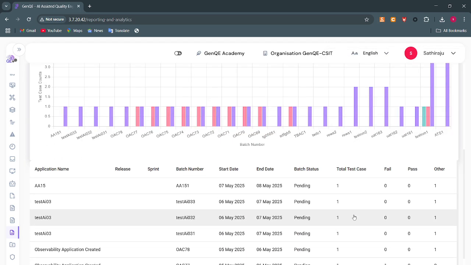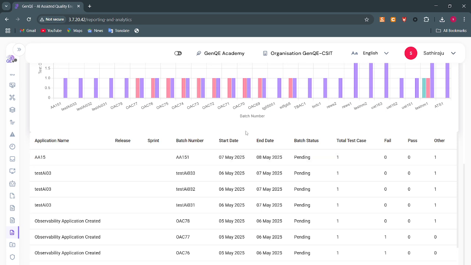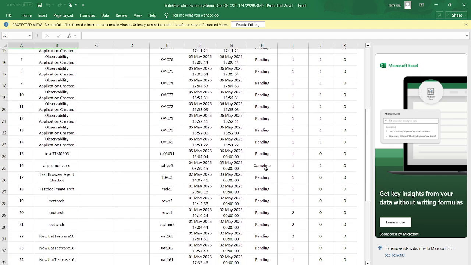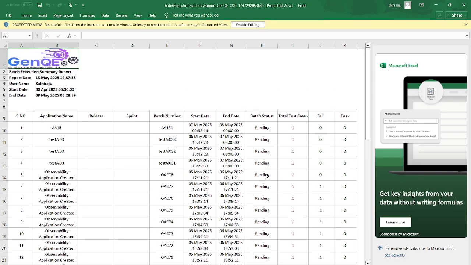So in this we will get more information, batch number, the failed, pass and other, the batch status, whether it is pending or successfully completed. This is a batch execution summary report. It also depends on the test cases execution batch header. And the next one